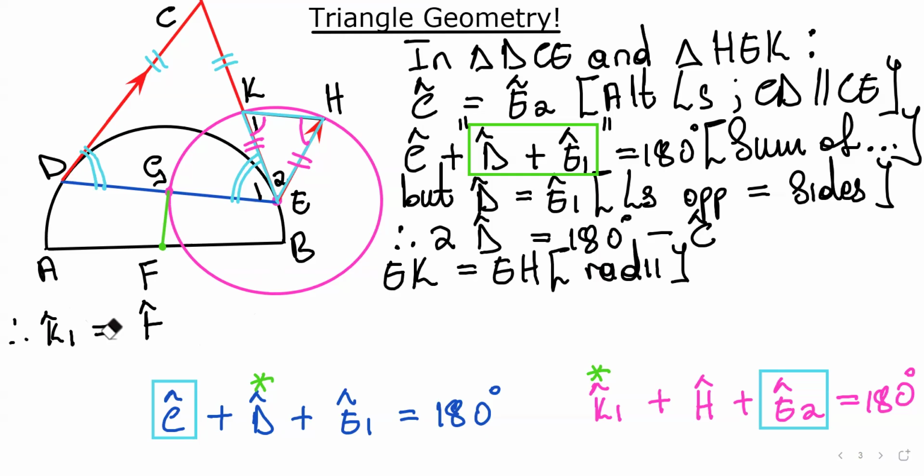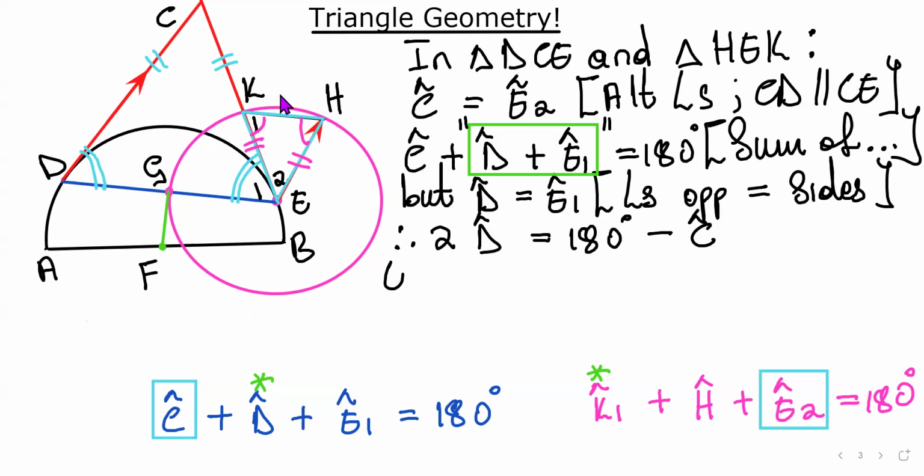Now it's revealing things that shouldn't be revealed. It's showing the full circle now instead of a semicircle. But that's fine. Anyway, I still want to do it in the right order. Now, the logic is key. So I'll just change and write in blue to show that I'm now in a new triangle. How's that? Fine. I'm saying if we go to the smaller one, we take angle K1, we add it to